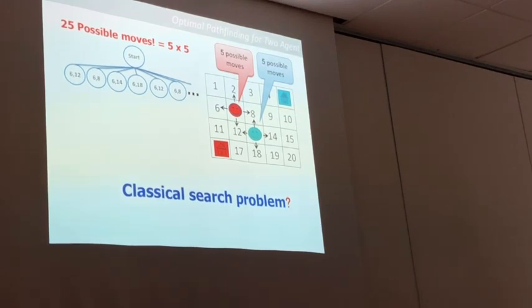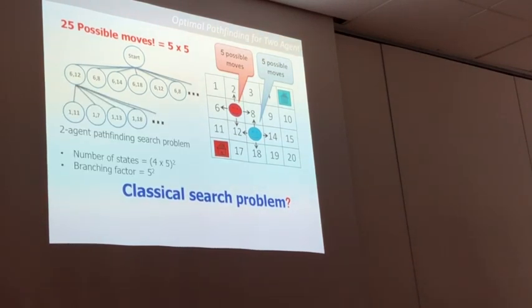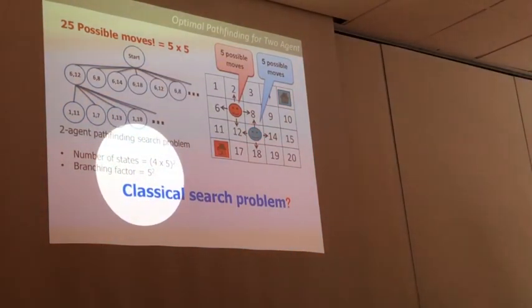Good. So now we have a classical search problem. We can solve it. We can use heuristic search algorithms and solve it as is. The start state is the start of both agents. The goal is the pair of goal locations. We have actions. We have a search tree. Wonderful. The only challenge is that now the number of states and the branching factor become exponential in the